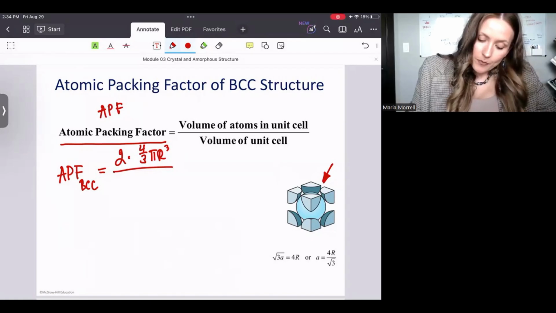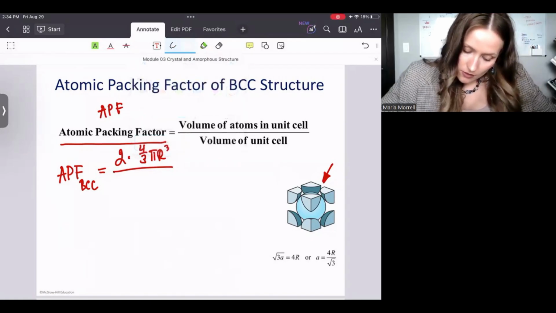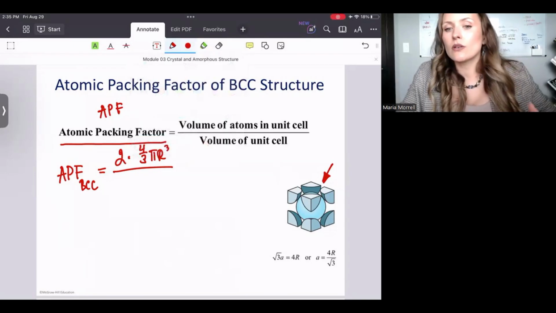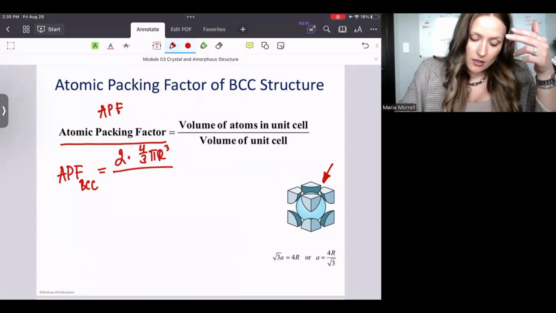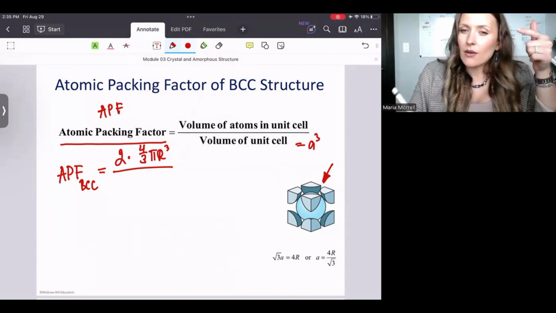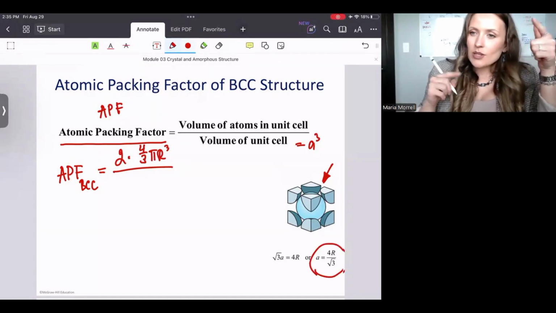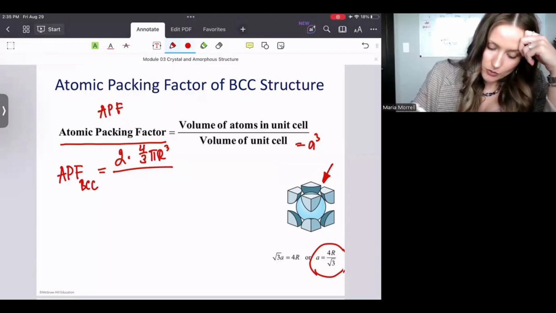Divide by the volume of the cube, which is a cube, but I want to use a radius because that way I will be able to start canceling things out, right? And so that would be